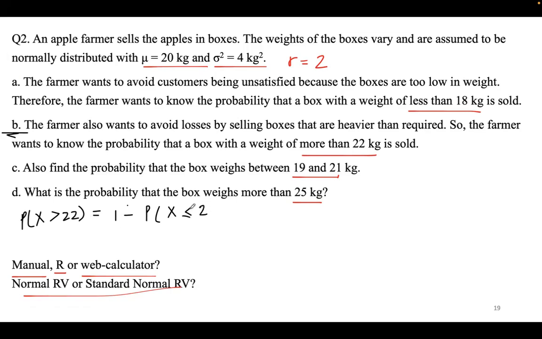Whether it's greater than, greater than or equal, or less than or equal, these don't matter, so don't get too worried about that. Now, if I want to convert it into a standard normal, I'll say Z, and instead of 22, I will have 22 minus 20 upon 2, right? So that's 1 minus the probability of